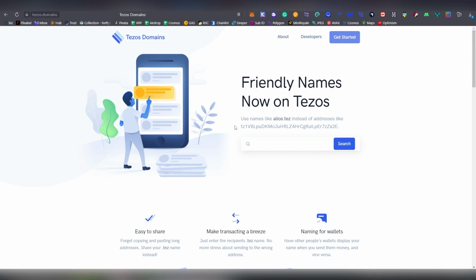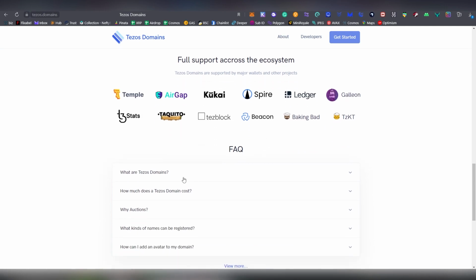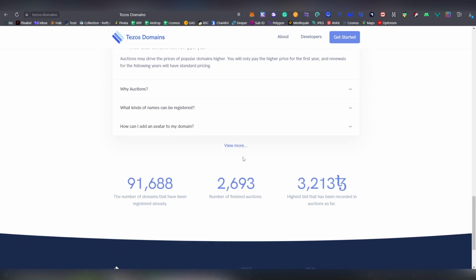Perhaps it is still possible to register one, but the chances likely are that you might get less of an airdrop than the people who registered before the airdrop announcement. But this is something you definitely want to get because it already has been confirmed, and these are also very, very affordable. We're talking about 1 Tezos per year for 5-letter domains, and 3 and 4-letter domains obviously cost a lot more, but fundamentally 1 per year is absolutely nothing,